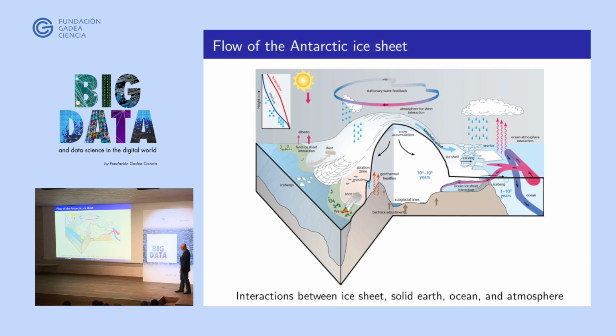Okay, so let me say a little bit about this Antarctic flow problem. This is a greatly exaggerated vertical scale. The ice in Antarctica is several kilometers thick on average and several thousand kilometers in extent. And as we all know, it's ice that is on land that has the greatest potential for raising sea level. Sea ice, if it melts, is not going to change sea level, except maybe in an indirect way because it changes the reflection, the albedo of the Earth's surface. But it's the ice that's on land, rather.